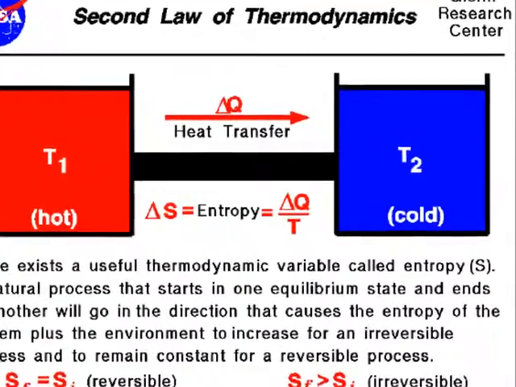The second law says and defines entropy. The entropy is related to the temperature, and it depends on the temperature. It says that a hotter system will always transfer energy to a colder system. So if we have two systems with different temperatures, eventually the two systems will be in thermal equilibrium, like the zeroth law.